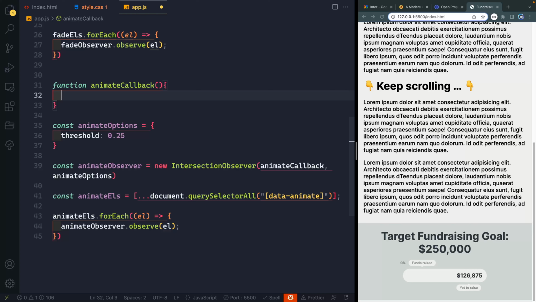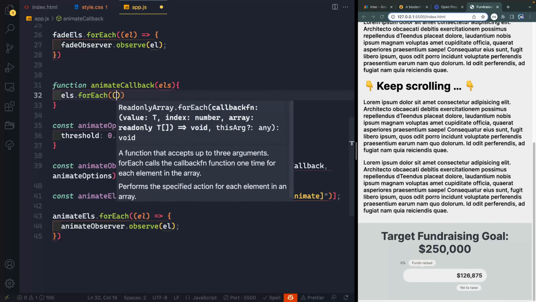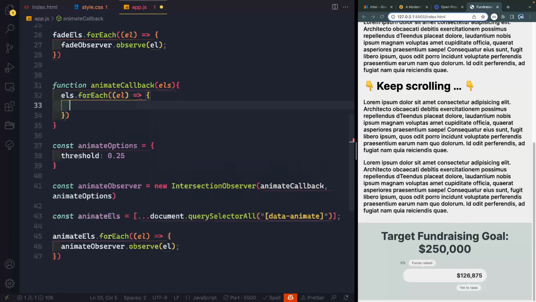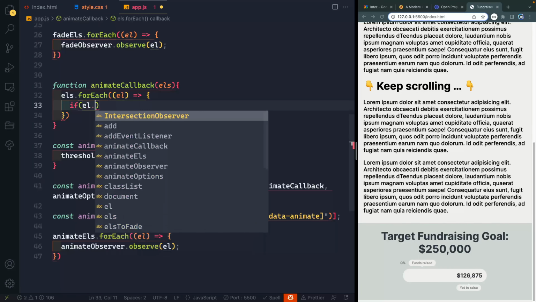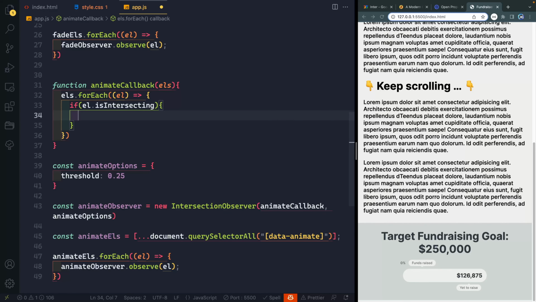And what I want to do inside of this is, first of all, grab any elements that have come in here. So we'll say else, these are the things that were passed in. And I'll say else.forEach, and what I want is each of those elements here. Then let's go ahead and write a little arrow function inside of here. If the el is intersecting, so if that's true, if it's on the page, then what I want to do,